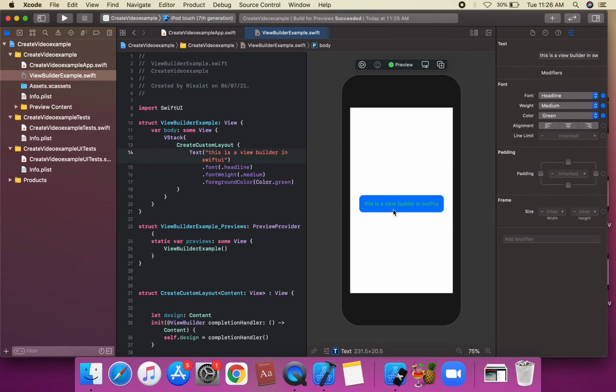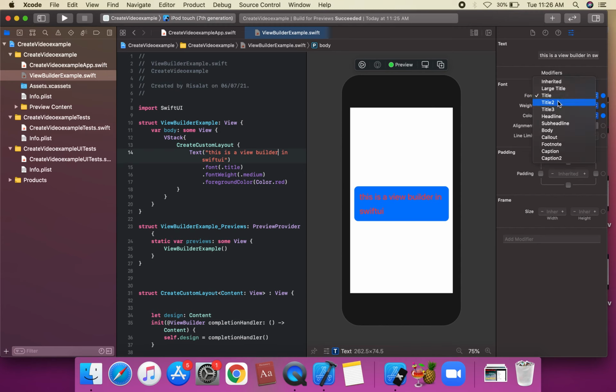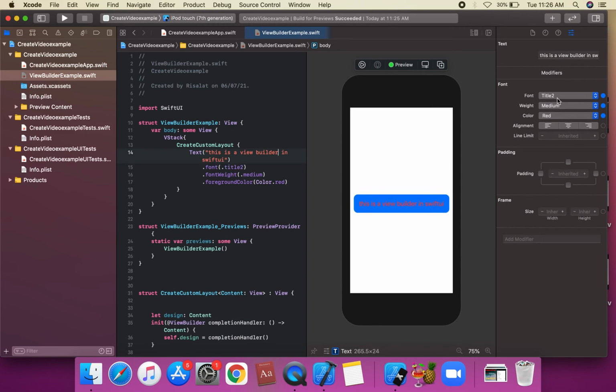Okay, so we can build in Swift, we can remove this example, this is a small text view builder, this is the view builder in Swift, so the color is green, not red, this is the red color. And this is not applied on the headline, this is the title. Our title is the view builder transition mode, we can apply title 2, we can apply title 3, and we can apply title 6. This is a view, and we can apply a white color. Okay, the white color, this is the view builder in SwiftUI.